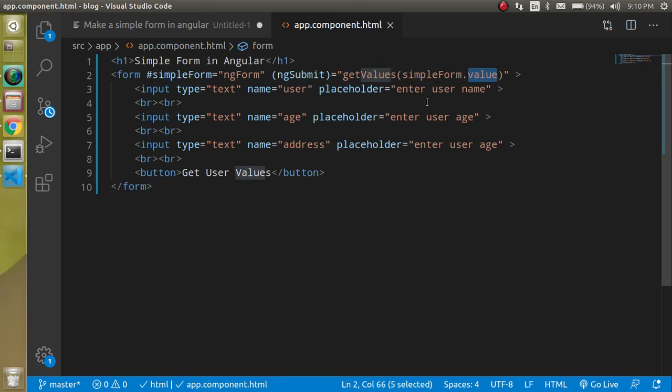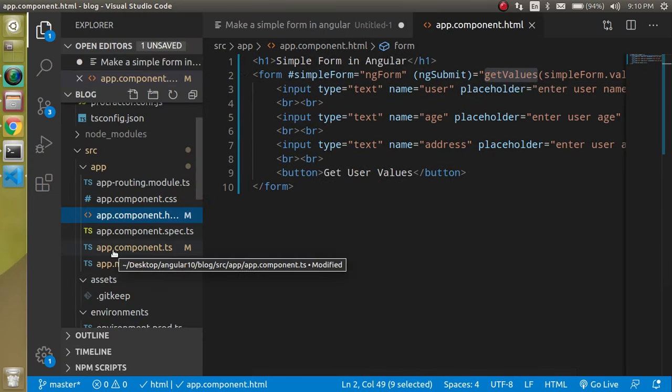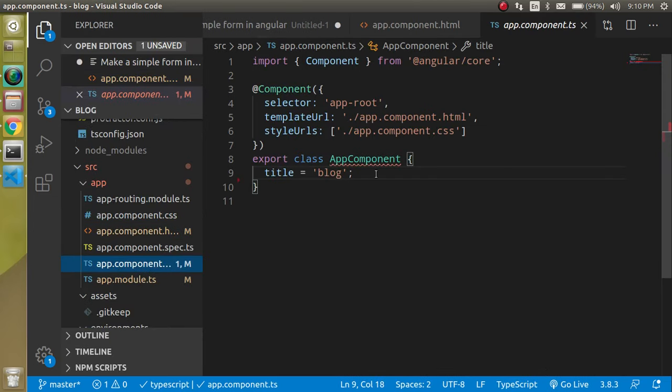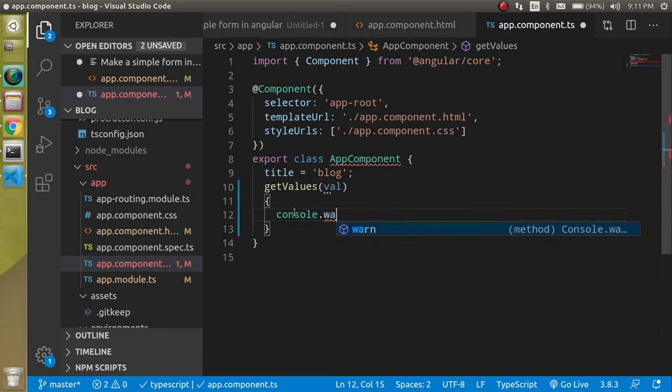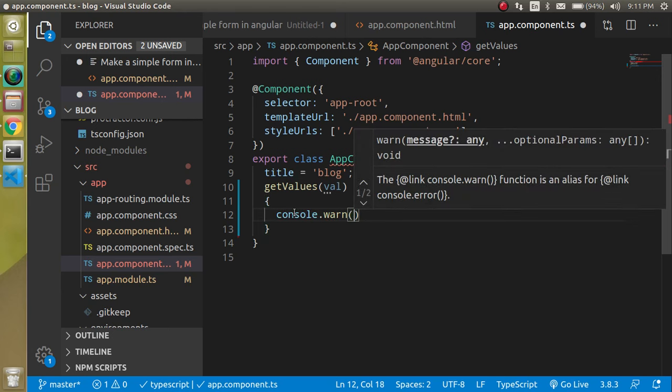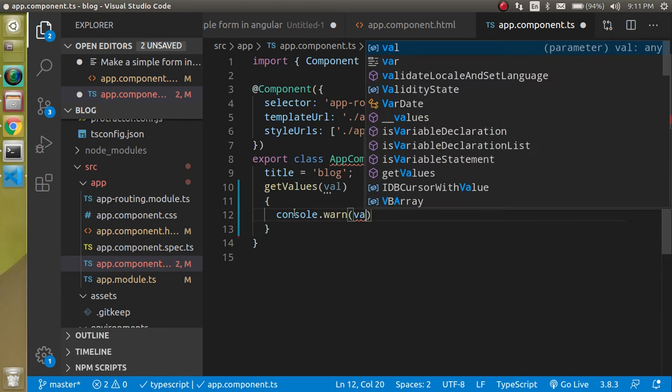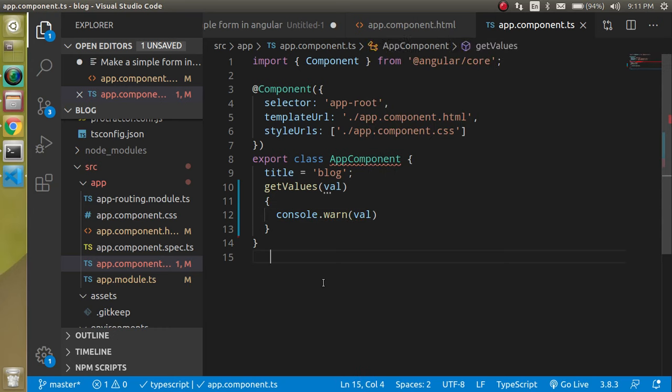Great. Now I need to define this function, so let's come back to app.component.ts and define this function. Here you can put val or whatever parameter you want. You can use console.log, or you can use console.warn. Just use here val.